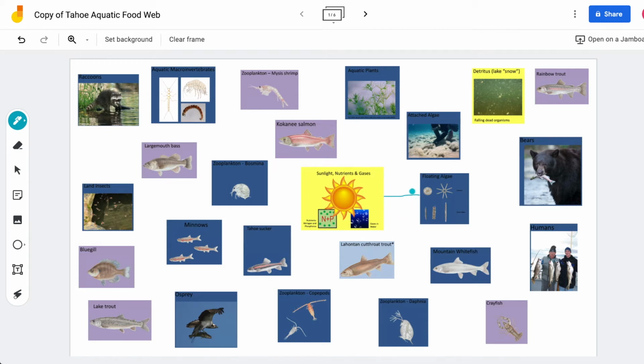It's going to go to the right. So we can draw our arrowhead here, and that is showing that the energy from the sun is flowing into the floating algae. It also got its energy from these nutrients here, but you just need that one arrow. All right, let's pick another organism.